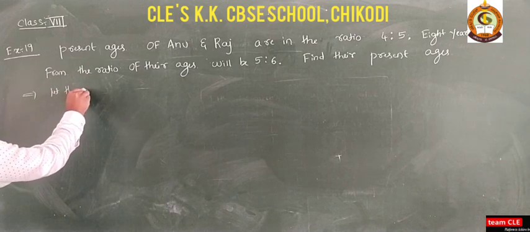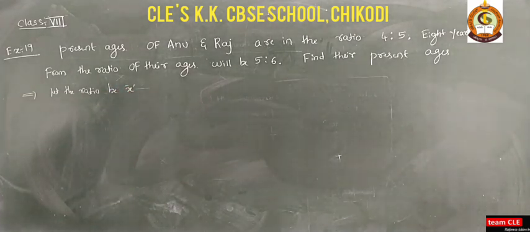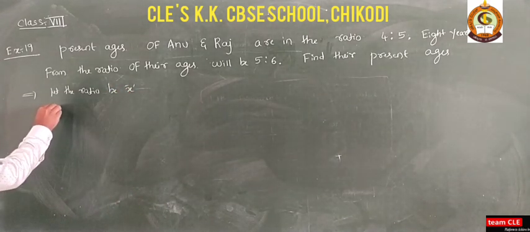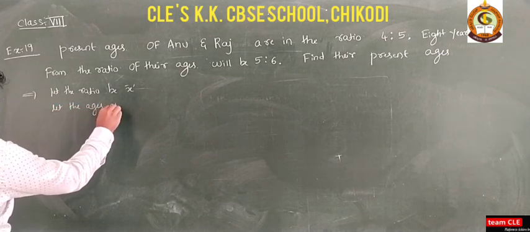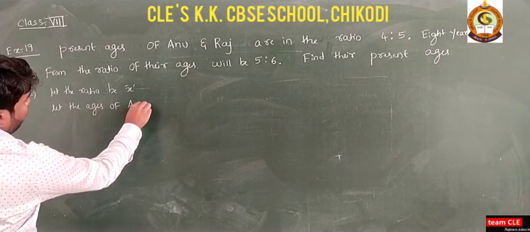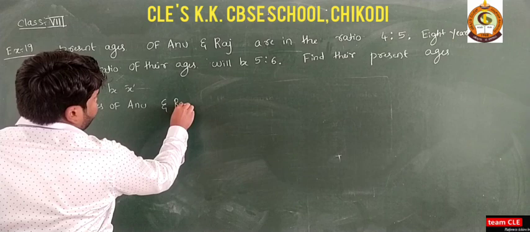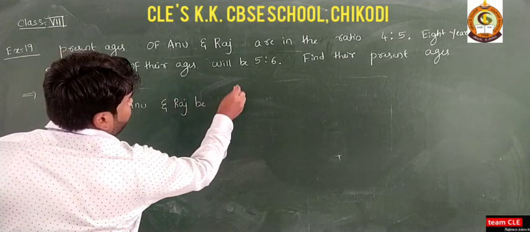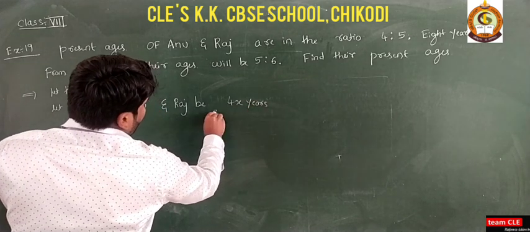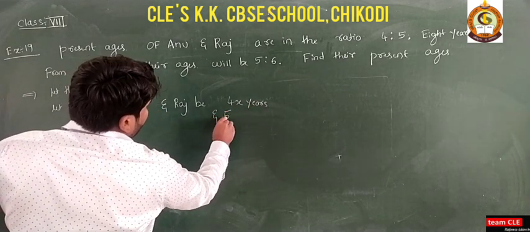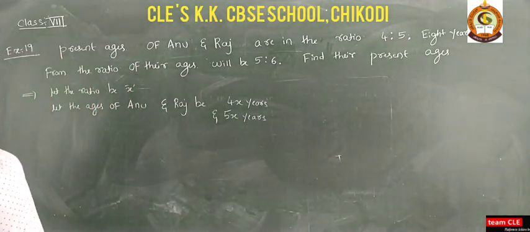Let the ratio be x, means let the ages of Anu and Raj be 4x years and 5x years. Okay, and after 8 years,